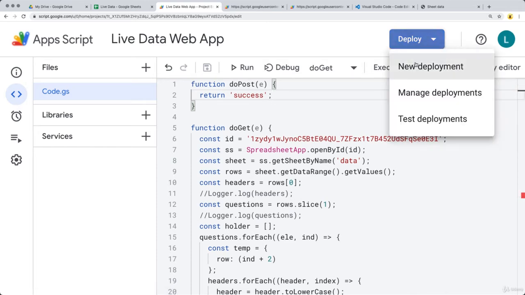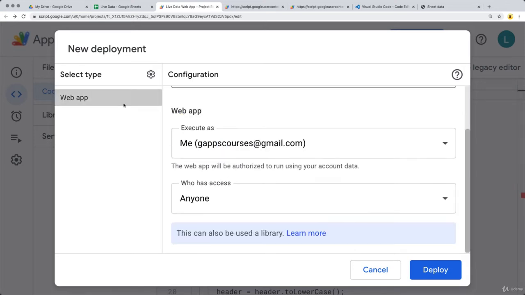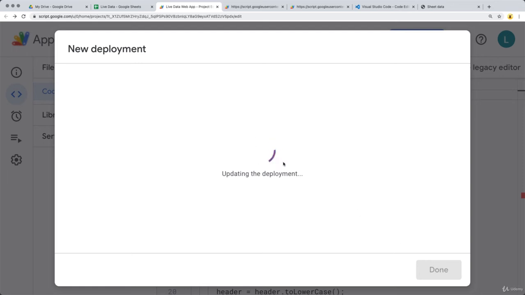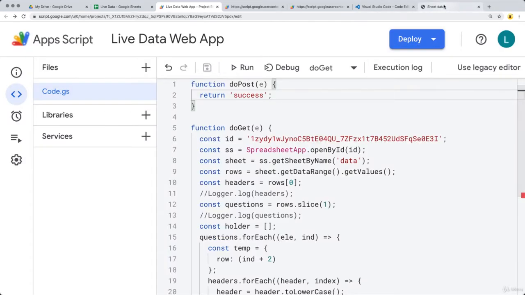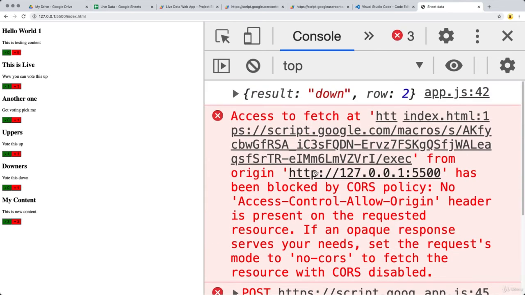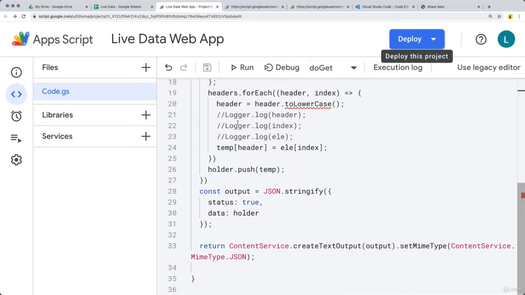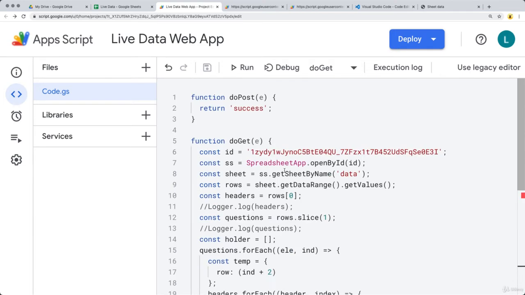So let's go ahead and do a new deployment as we're updating the executable. And this one now is going to contain doPost. Same, make sure that anyone has access, and the web app is being executed by the current user. And let's go back here, clear it. And now whenever we do a request, because we're not outputting it as a content service, the same thing that we did over here, we have to output it as a content service, and we have to stringify